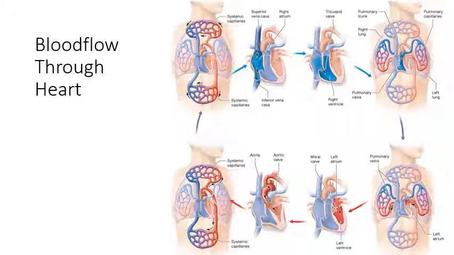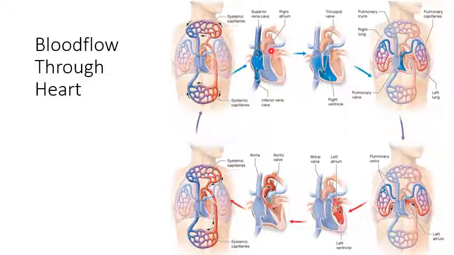So we'll go over blood flow through the heart again. Just make sure that you know this pretty well, like the pulmonary versus systemic circuit and what structures blood passes through on its way through the circuits. Starting with the right side of the heart, that's associated with the pulmonary circuit. Blood is coming into the heart from the body in the vena cava, goes into the right atrium, passes through the tricuspid valve into the right ventricle, passes through the pulmonary semilunar valve into the pulmonary trunk, passes into the right and left